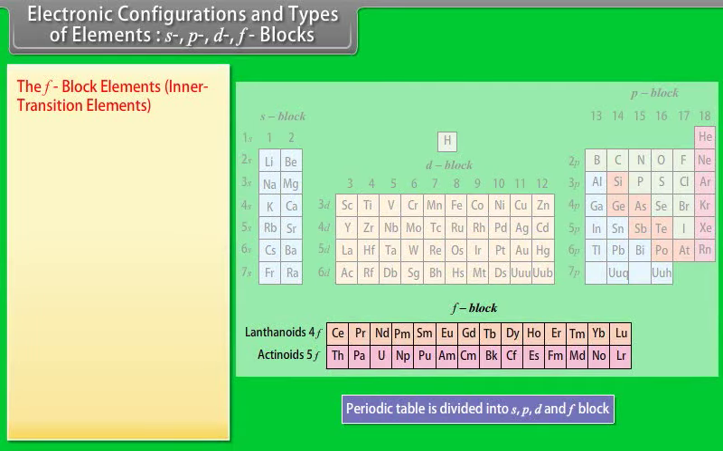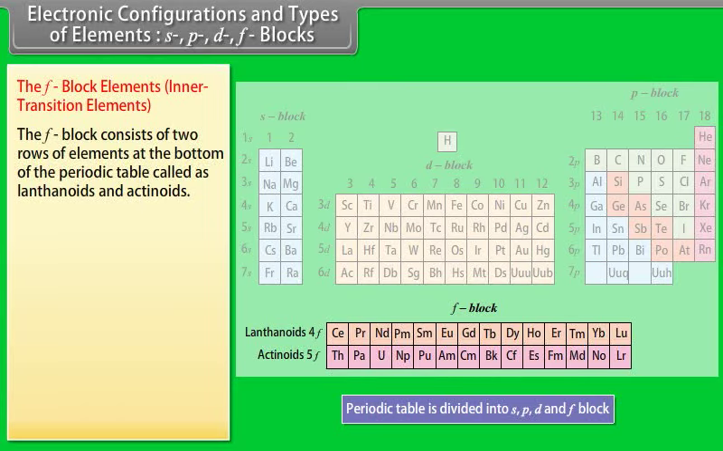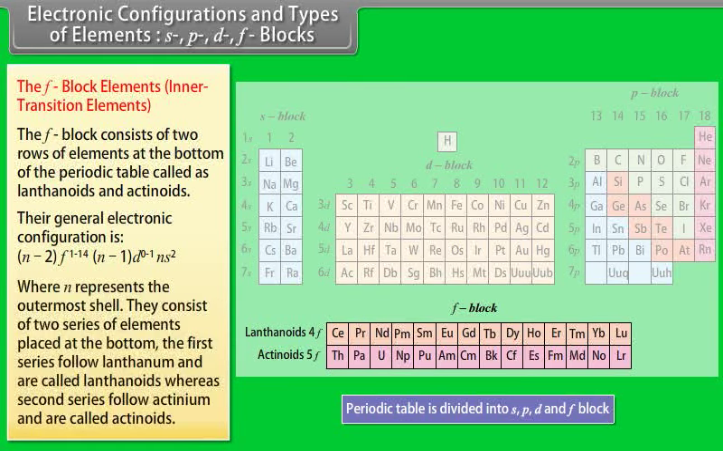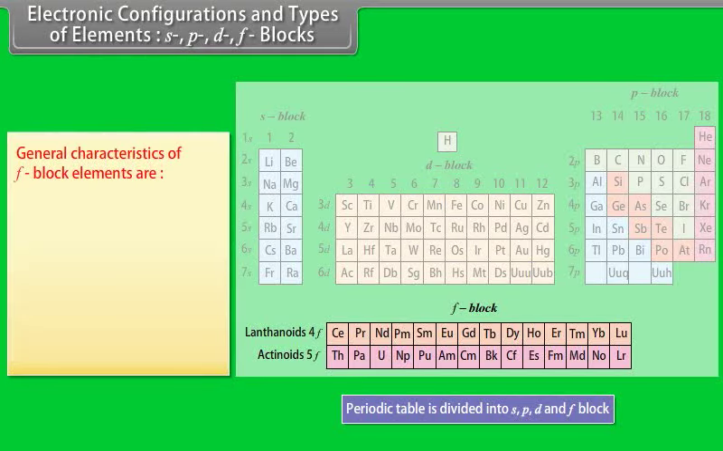The F block elements. Inner transition elements. The F block consists of 2 rows of elements at the bottom of the periodic table called lanthanoids and actinoids. Their general electronic configuration is: where N represents the outermost shell. They consist of 2 series of elements placed at the bottom. The first series follows lanthanum and is called lanthanoids, whereas the second series follows actinium and is called actinoids. General characteristics of F block elements are: they show